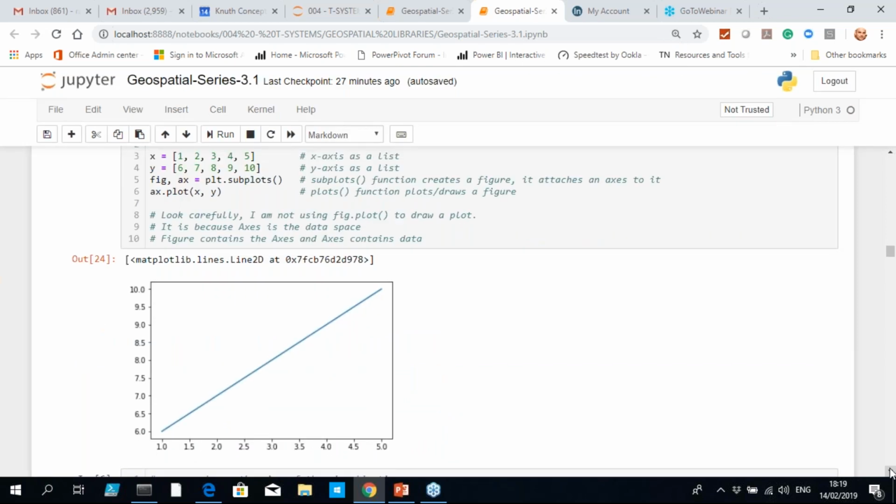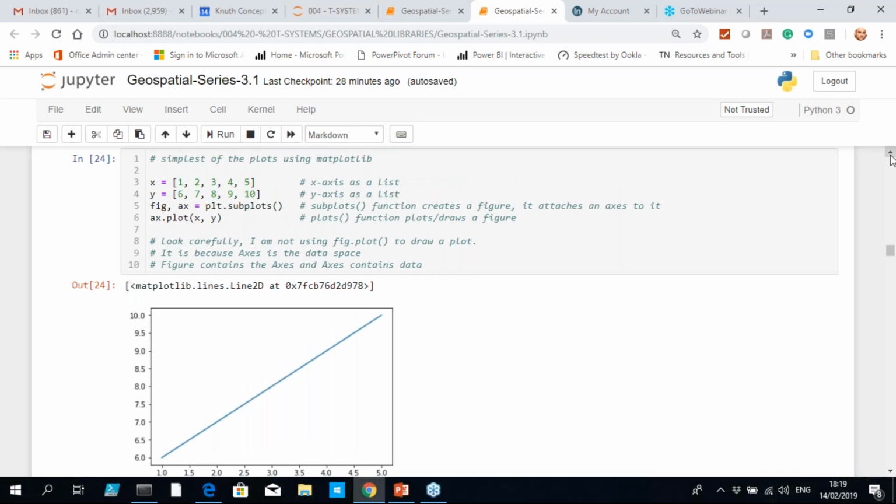So what we do in order to create a plot, first of all, we are creating 2 lists which hold the X and the Y coordinates. Second, this function creates a figure and it attaches an axis to it. And then with this function,